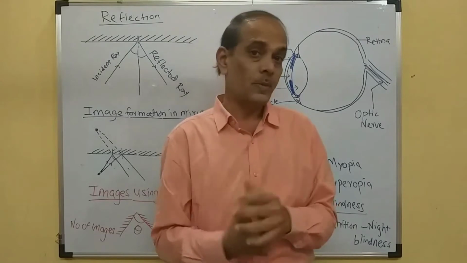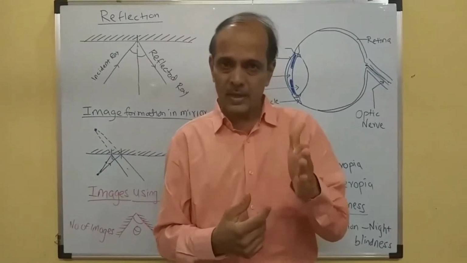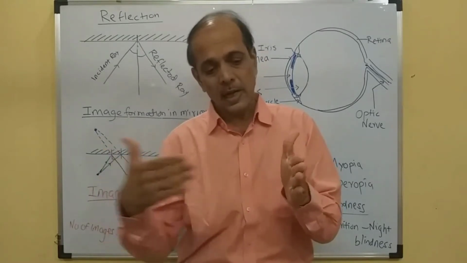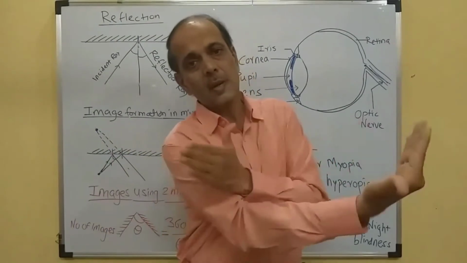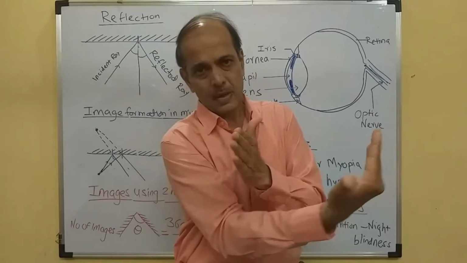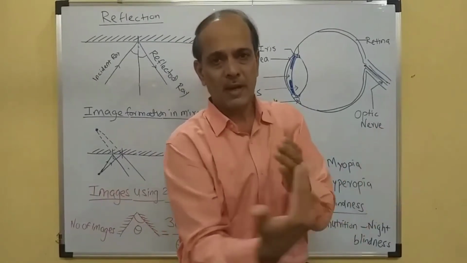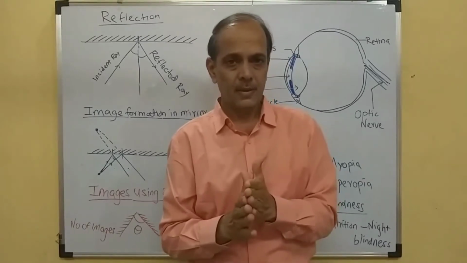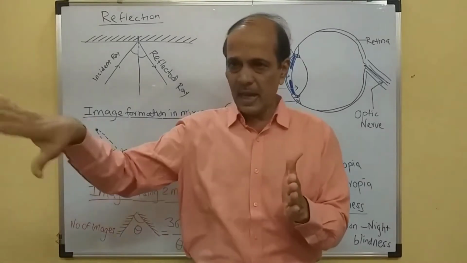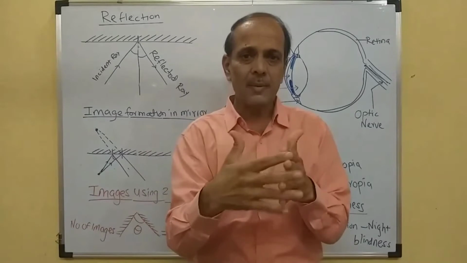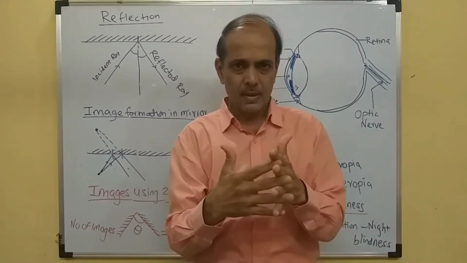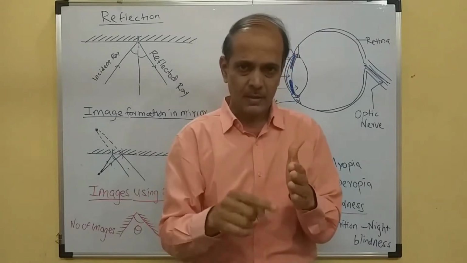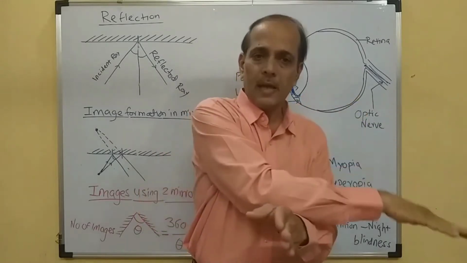Now there are then two possibilities. If the object is clear, transparent like a glass or water, light will enter from one side and come out from the other side. This entering and exiting of light is called refraction of light. What does that mean? From air, light travels into some other medium like glass. Then it of course bends. That bending is called refraction,